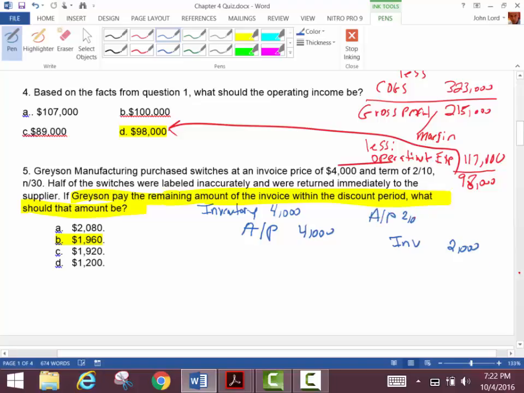If you buy a shirt and you order a white one and they send you a black one, you send it back. Do you still pay them? No, right? So you don't have to pay them for that. You get your money back anyway. So that's going to be a debit to accounts payable. Good. So then what happens? Let's just go ahead and tee up inventory. Let's tee up accounts payable.